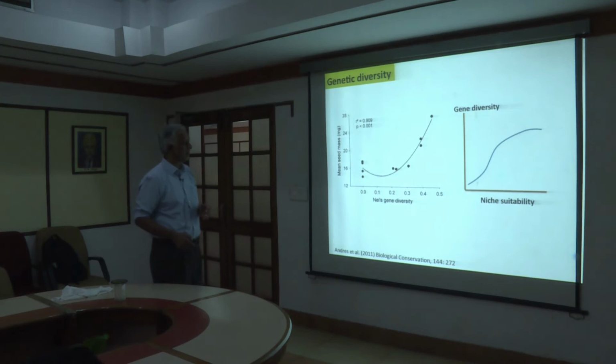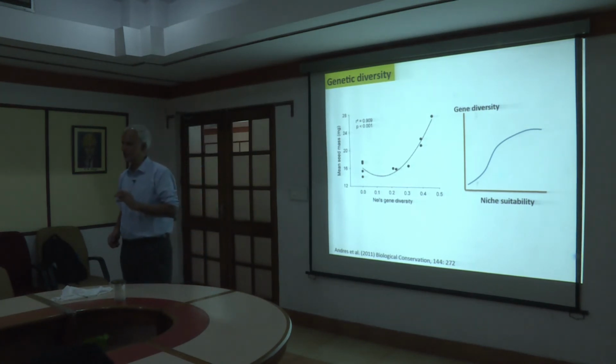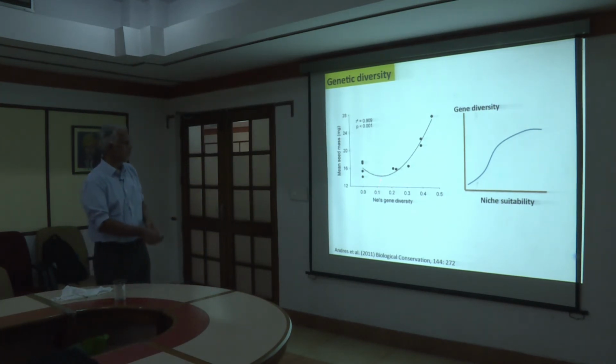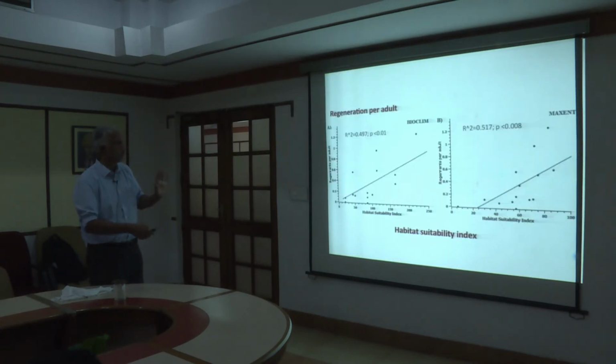And third, of course, is a very valuable parameter, gene diversity or genetic diversity. However you measure it, people have shown that as a function of increasing genetic diversity, the fecundity, in terms of seed number and seed mass, increases. So, if you measure this genetic diversity, you are likely to find that in a very highly suitable habitat, the genetic diversity is going to be very high. In a low suitable habitat, or where the ecological niche is less than suitable, the genetic diversity is less, and this in turn will affect the fitness. So, all these are summative in some manner, which of course we have no